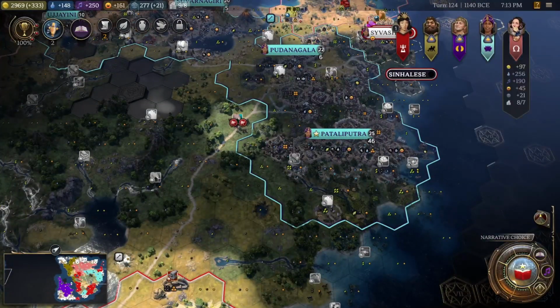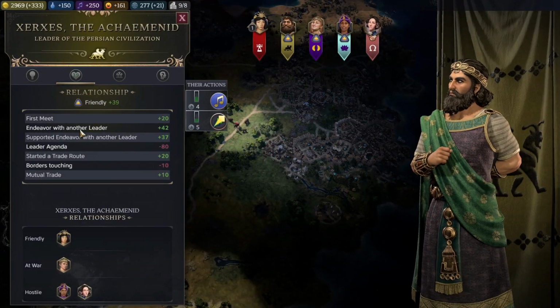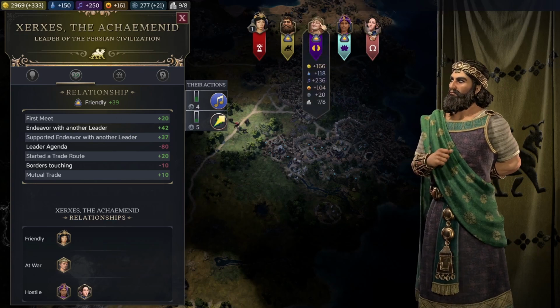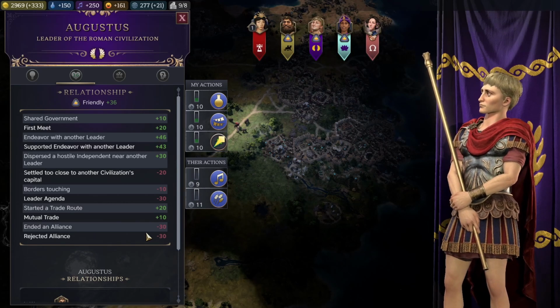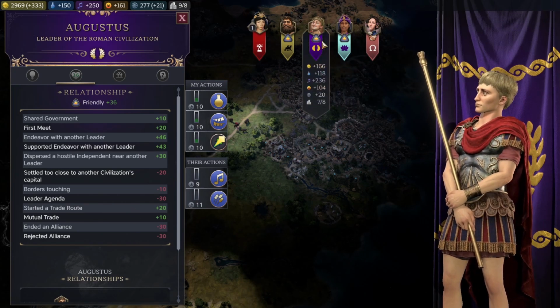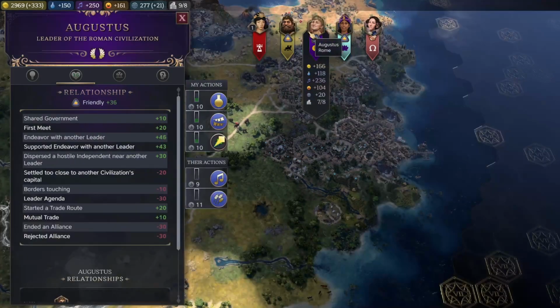And you know, our reputation is everybody's happy with us across the board, which is actually kind of amazing. If we look at some of these diplomacy screens, Xerxes has got negative 90 reputation on me between his leader agenda and his borders touching, and somehow we're still at positive 40. You're just going to see the same thing through all of the leaders. Augustus has us on plus 36, and we're 130 points in the hole with him as far as negative reputation goes. But just the fact that we've been spamming endeavors, and accepting or supporting everybody's endeavors, means that even though all of these people hate us because of their leader agenda and borders touching,